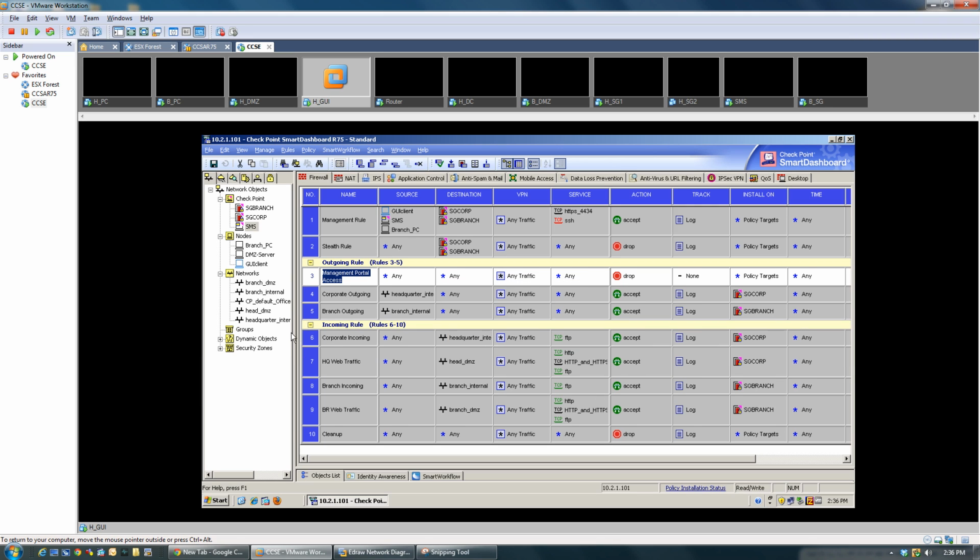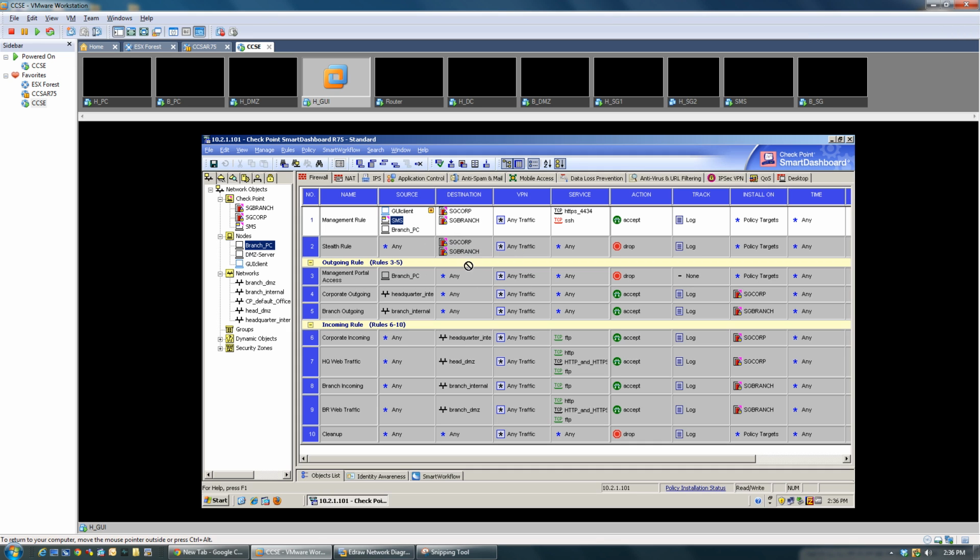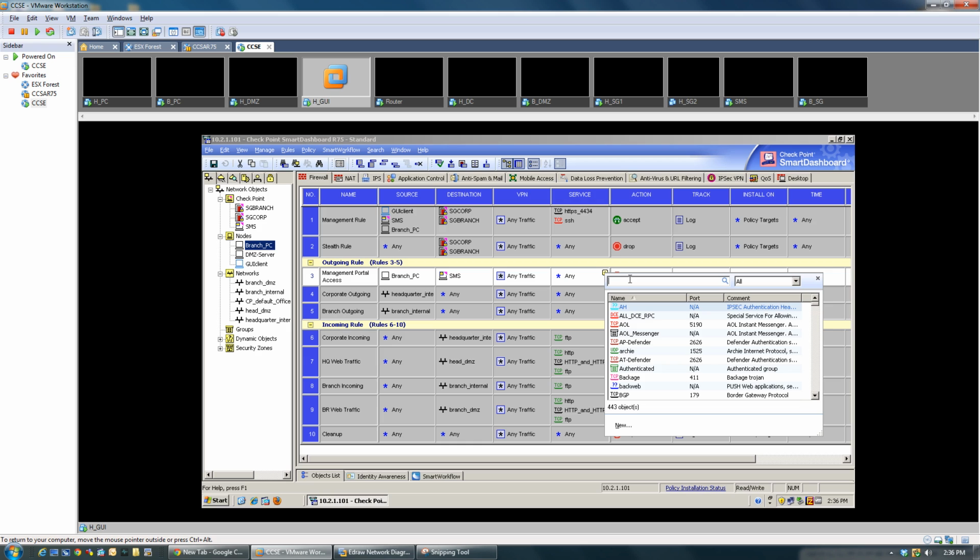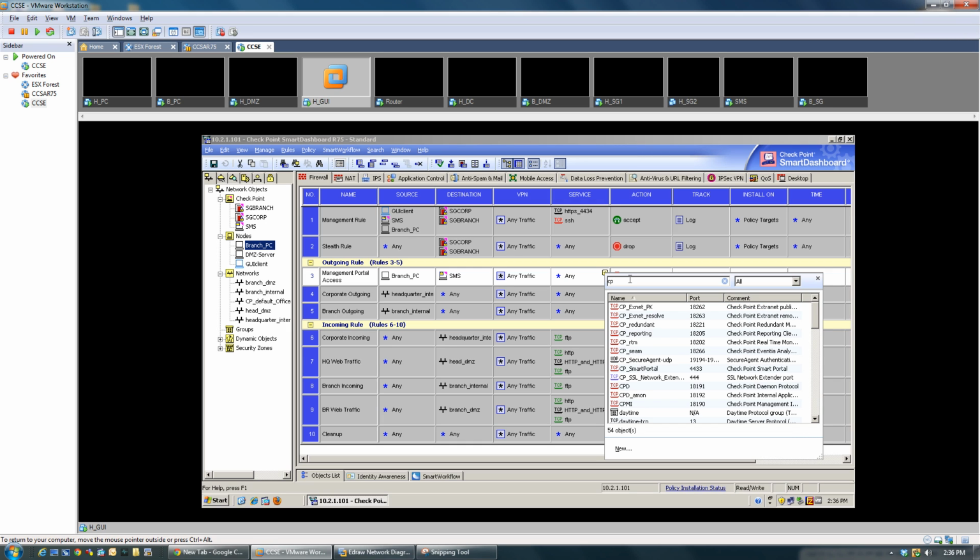Okay, for this particular lab, I'm going to allow the branch PC to gain, see, I can pull it from here. Yeah, I can allow the branch PC to see. Branch PC will have an access to the SMS, and in the service we have to type CP underscore SMAR